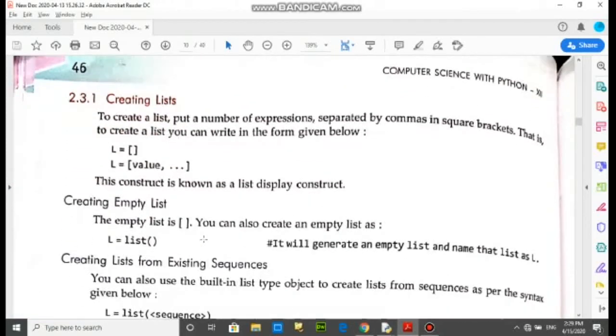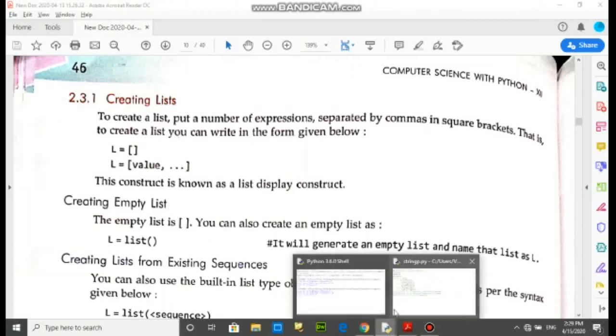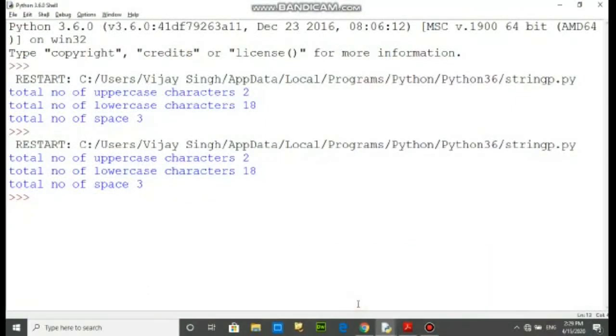And creating a list. How can we create a list in Python? For example, suppose that if you have to create a list, then you have to write x equals to 1, comma 3, comma 4 and 6, and you can print the content.